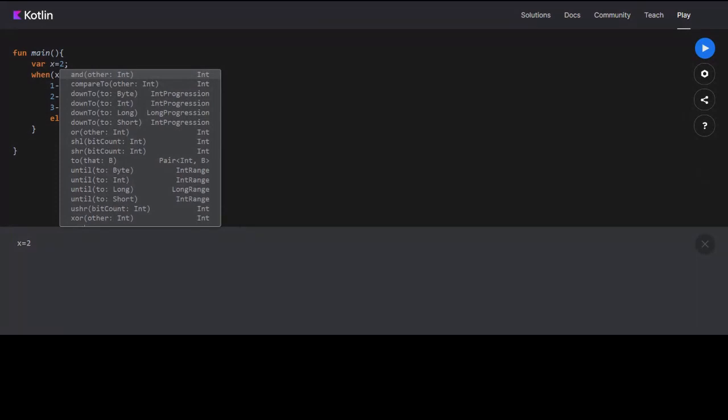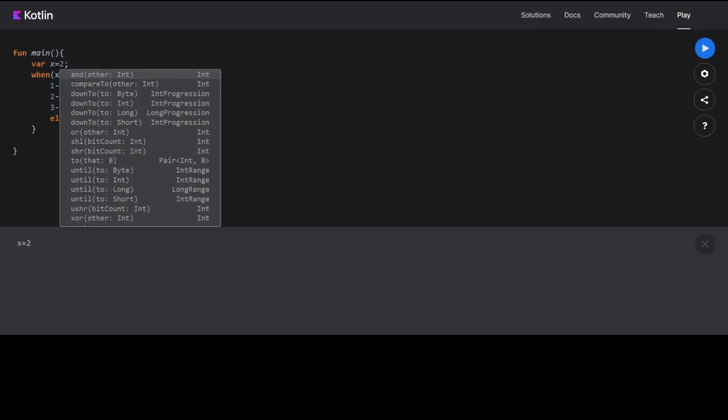Do we have to put a semicolon at the end of a statement, like in other languages? No, in Kotlin you don't have to put a semicolon anywhere. Kotlin doesn't need semicolons. If you put a semicolon, Kotlin won't give an error either. So it is very flexible.